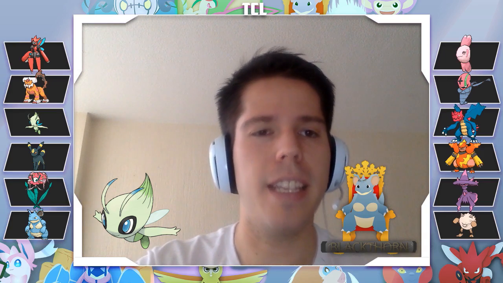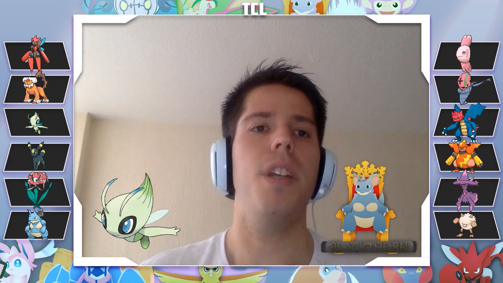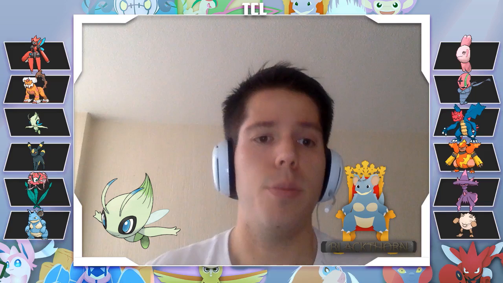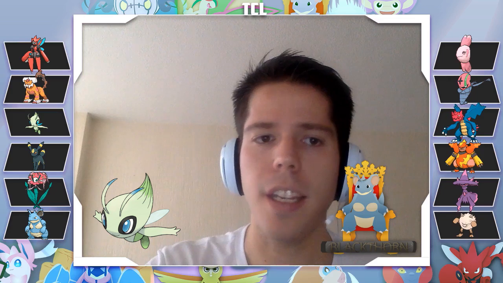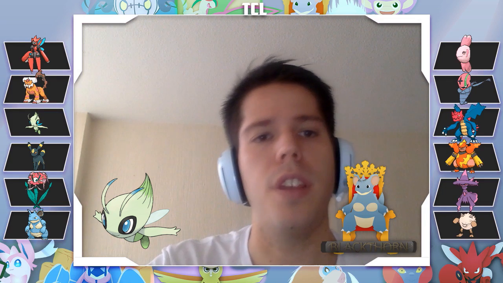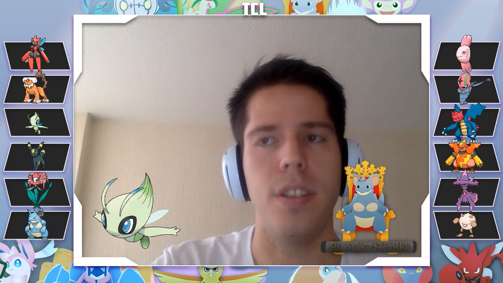After the draft finished, I regret a bit bringing Celebi because of the shared fire weakness with Scizor, but it's still a pretty good Pokemon, and just like Landorus and just like Scizor, it's very versatile. It can have a Baton Pass set, it can support the team with Healing Wish, it can Heal Bell, it can pass on